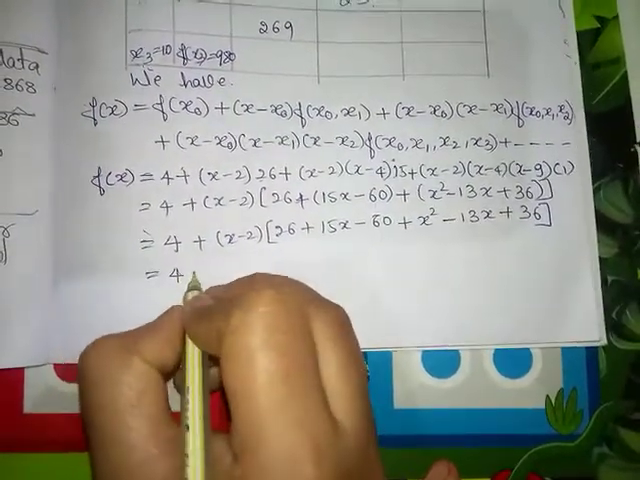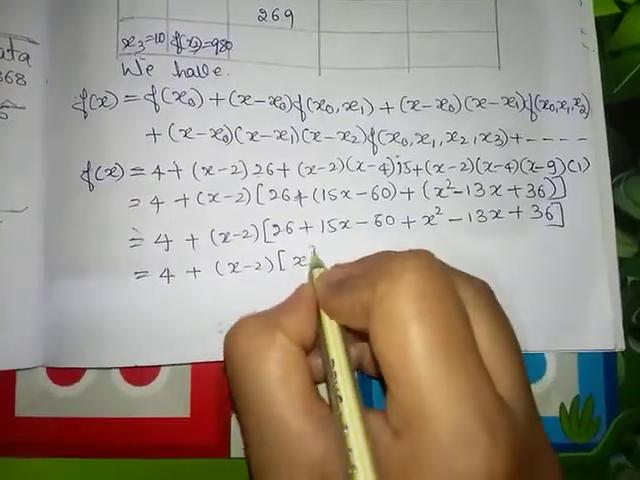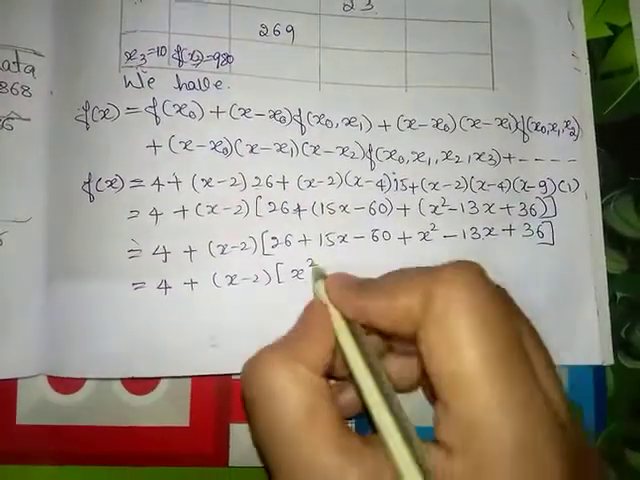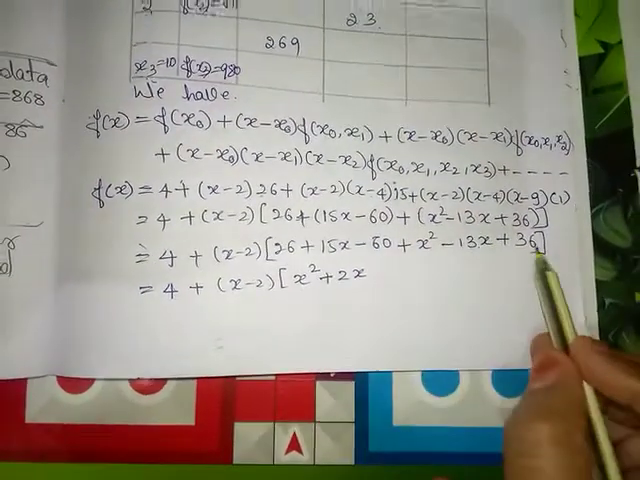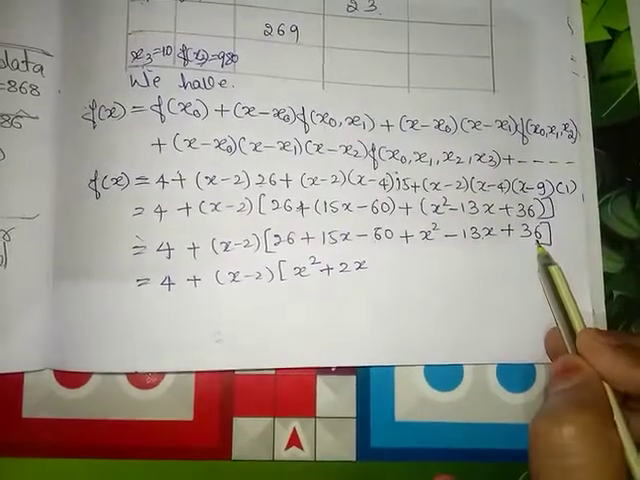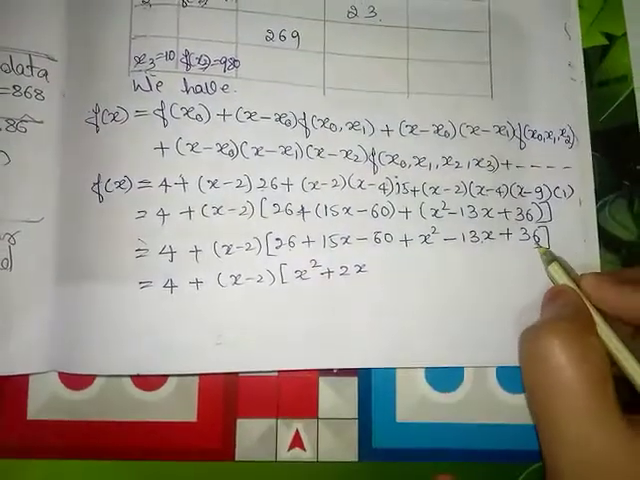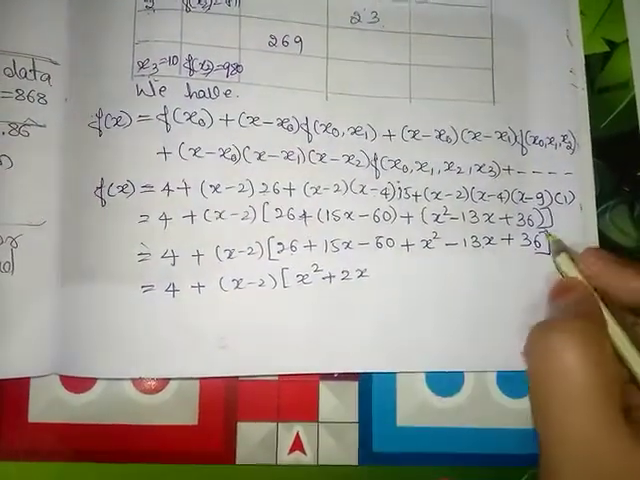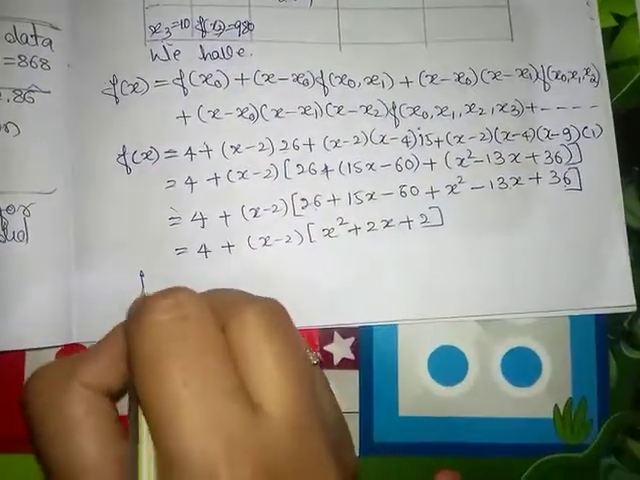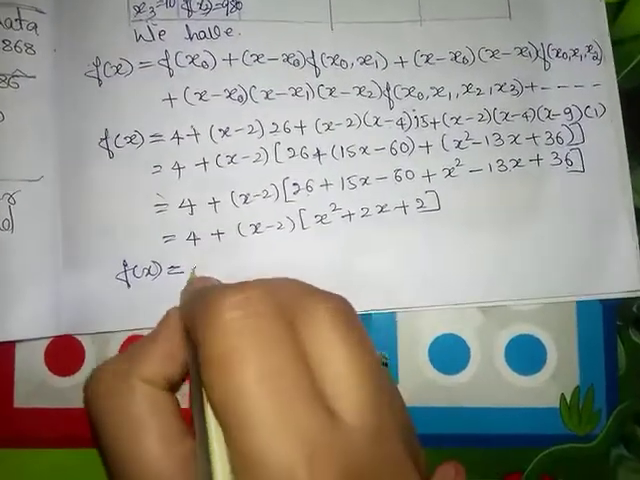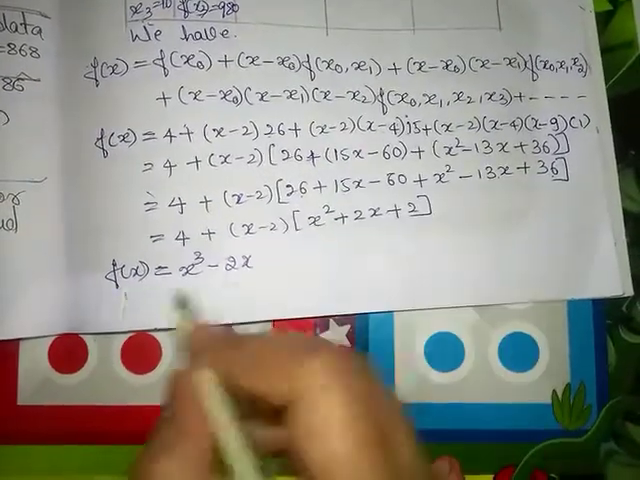Simplify this one, we get 4 plus x minus 2 into x square, 15x minus 13x is plus 2x, 26 minus 60 plus 36, 26 plus 36 is 62, minus 60 is plus 2. Our polynomial is x cube minus 2x. When you simplify this one, you will get f of x as